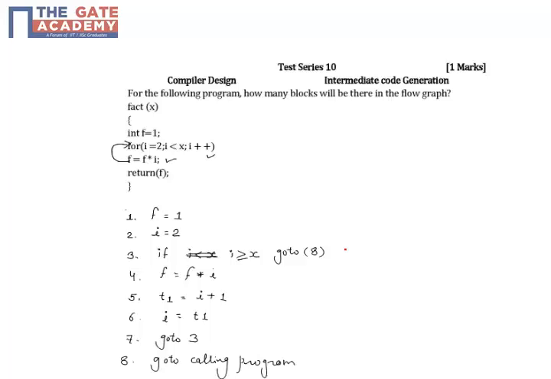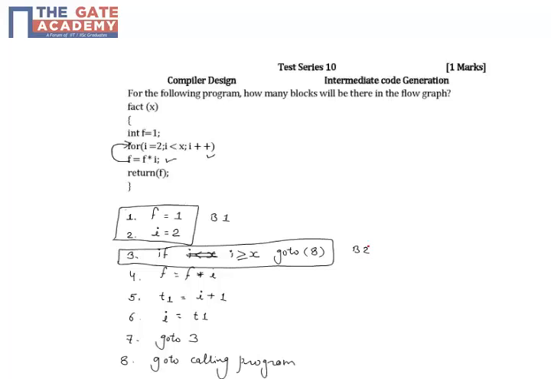So now if we break down this particular program into blocks, then this will be my block number 1. Block number 2 will be my condition, just because it should be in a separate block. So this is block number 2. When this condition is true, then my complete block number 3 should execute, this one, and the last statement is my block number 4.